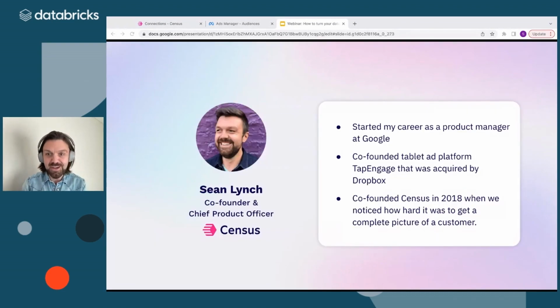So quick introduction, just so you know who you're talking to. I'm Sean, as I mentioned. I started my career as a product manager at Google, and basically my entire career has been built on platforms. That was true at Google on their early cloud. That was true at my first startup in the ad tech space, and then at Dropbox on their platforms as well. And we started Census back in 2018